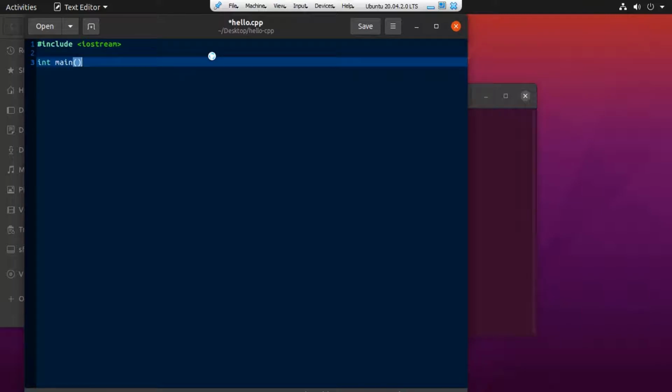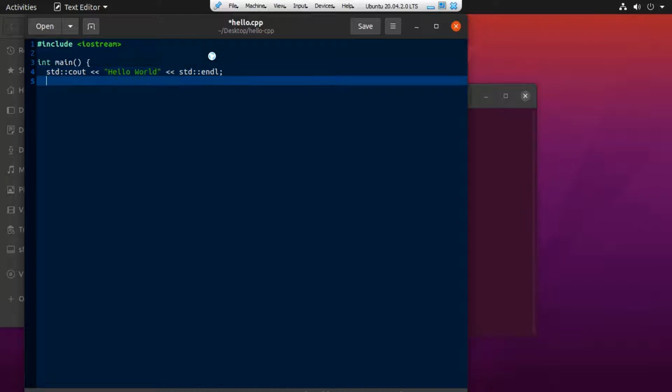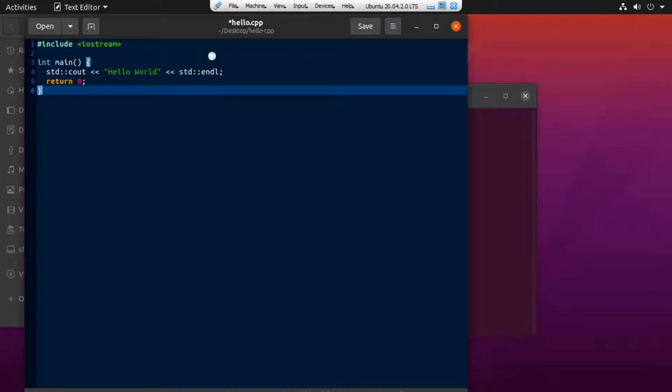#include <iostream>, then int main, opening bracket, then std::cout << "hello world" string, again << std::endl semicolon, return 0 semicolon and closing bracket.